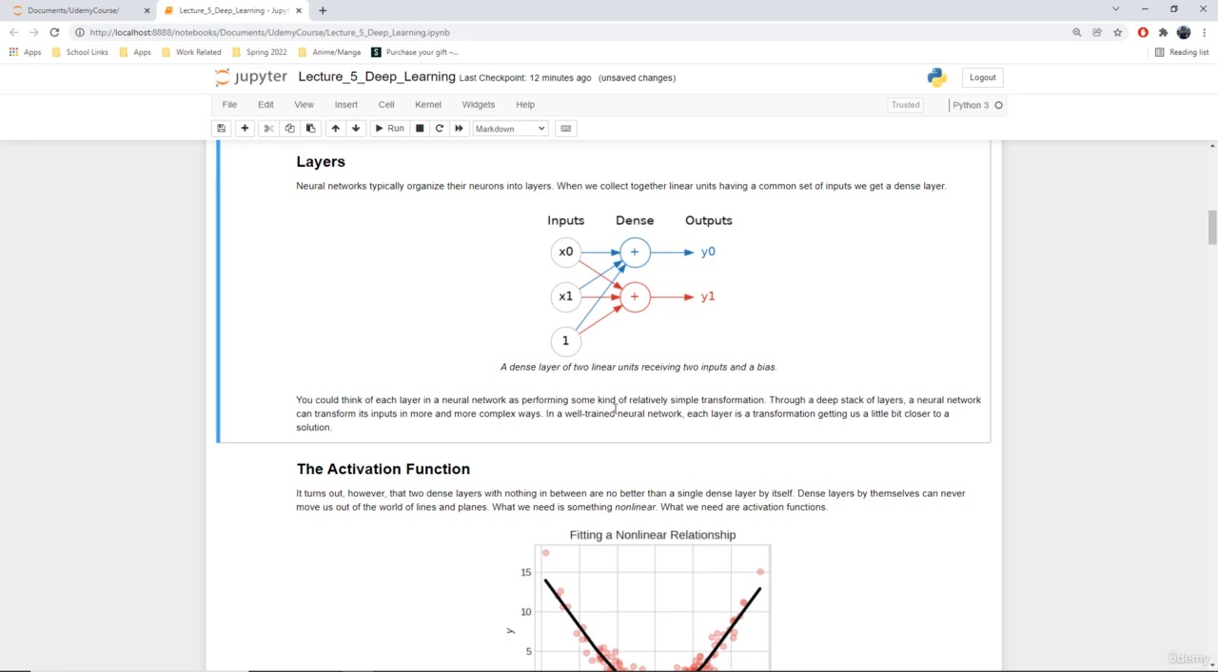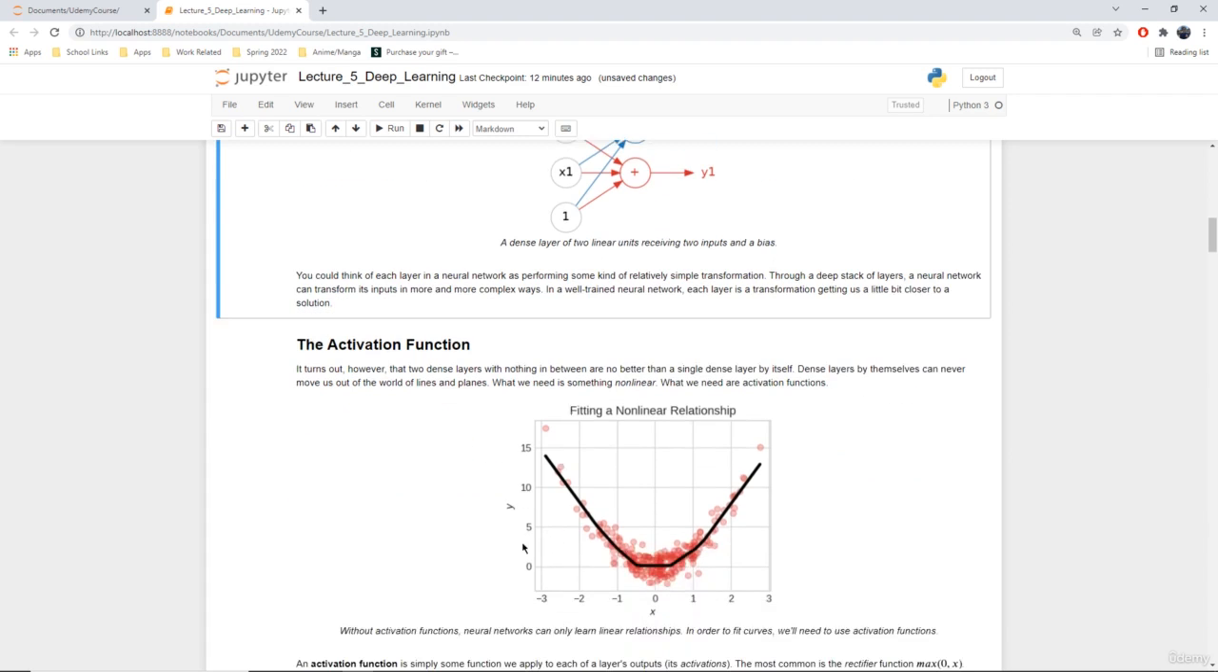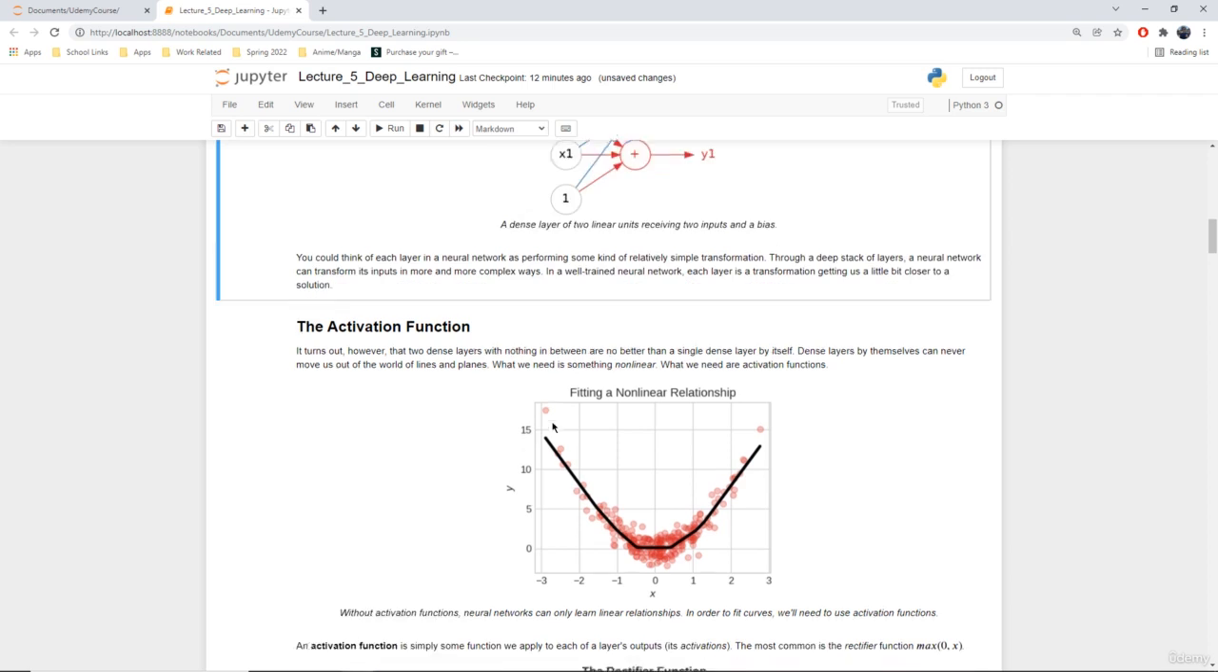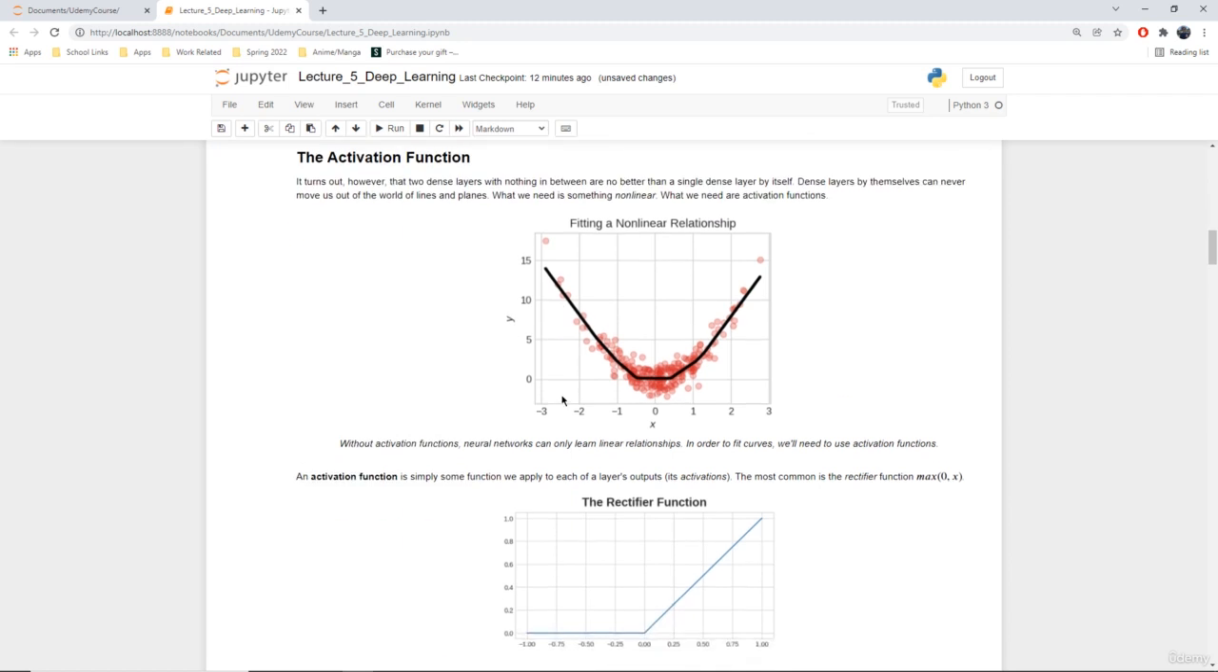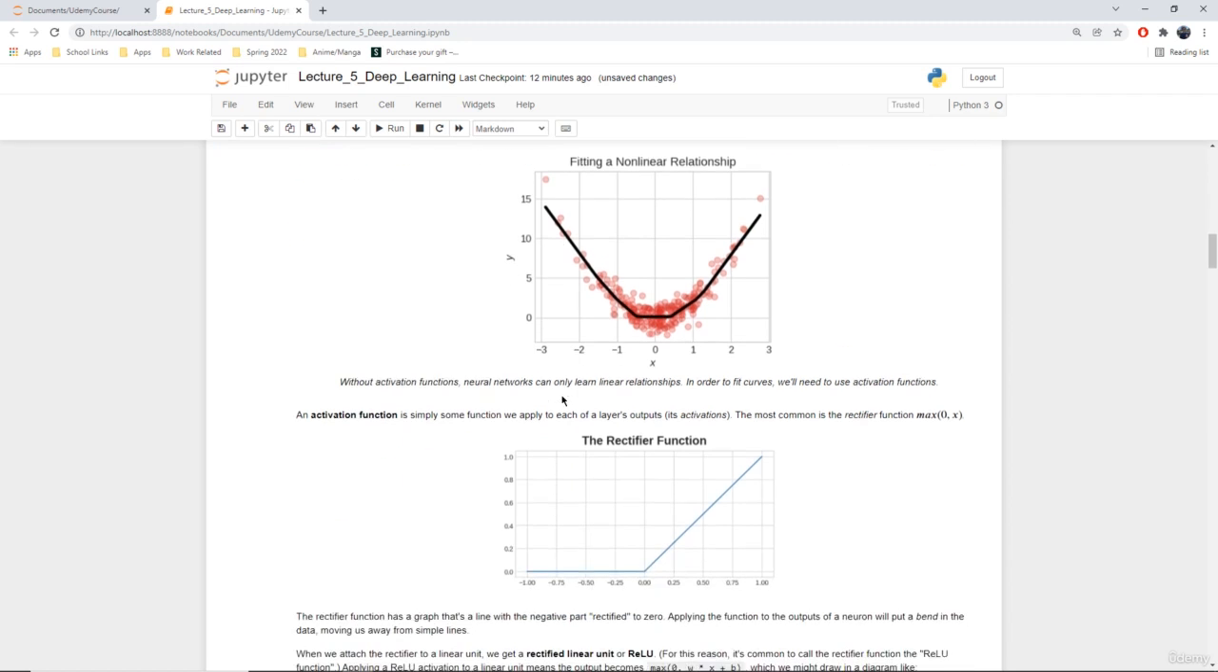We have no nonlinearity. These are just linear functions, right? So we have to introduce nonlinearity to be able to solve more complex problems. So we introduce something called the activation function. What an activation function essentially does is introduce this nonlinearity that we need. An activation function is simply a function that we apply to each of the layer's outputs,